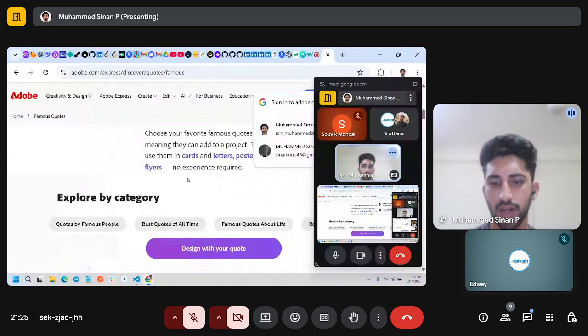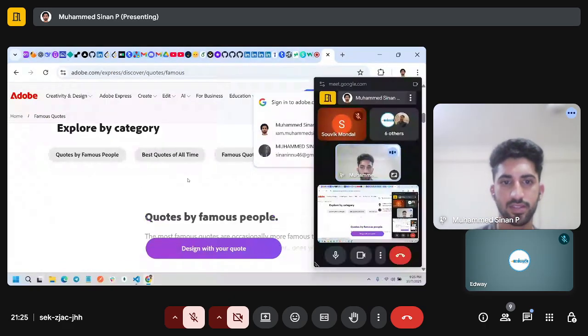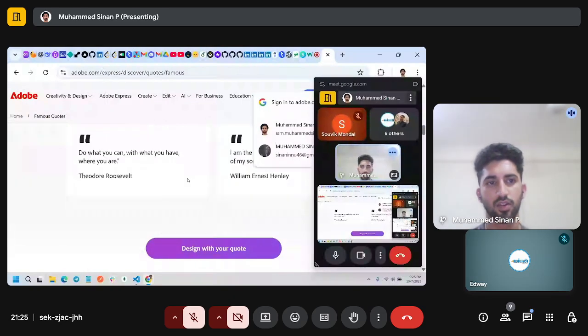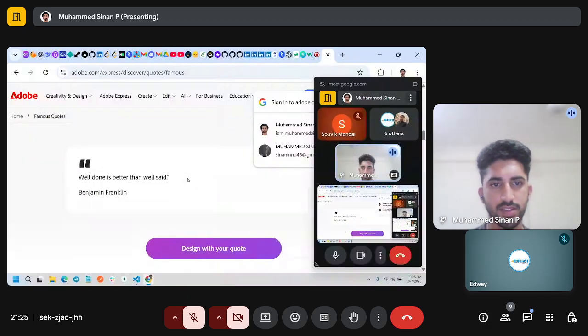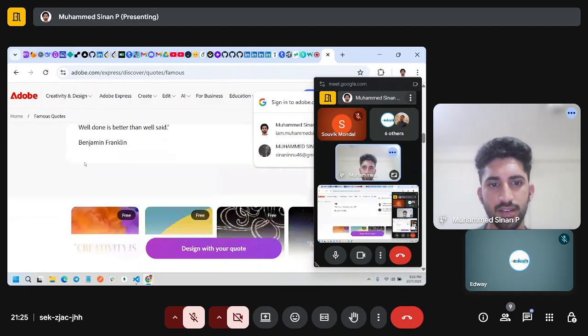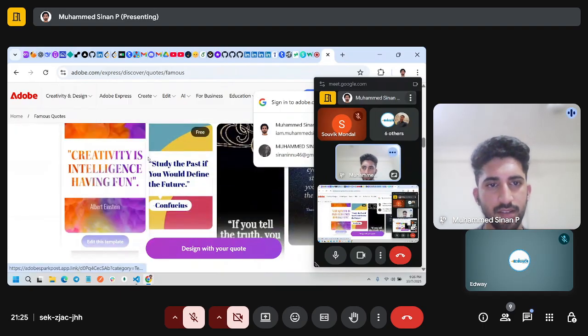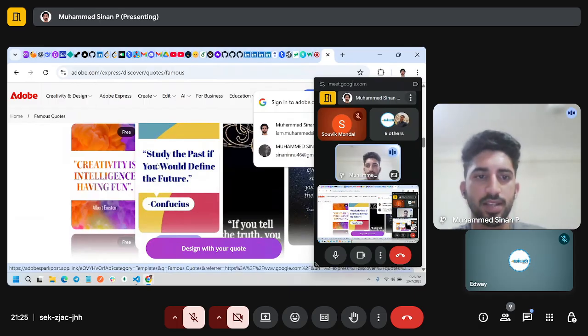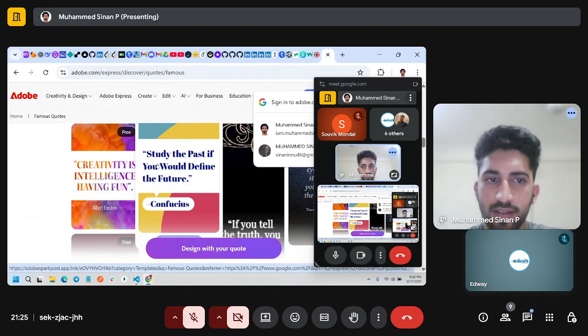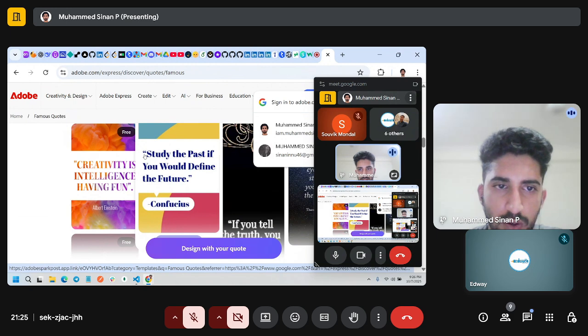But if we look at these normal quotations, you are seeing a difference in the mark, right? Can you see this? "Study the past if you would define the future." Look at this quotation mark and look at this quotation mark.